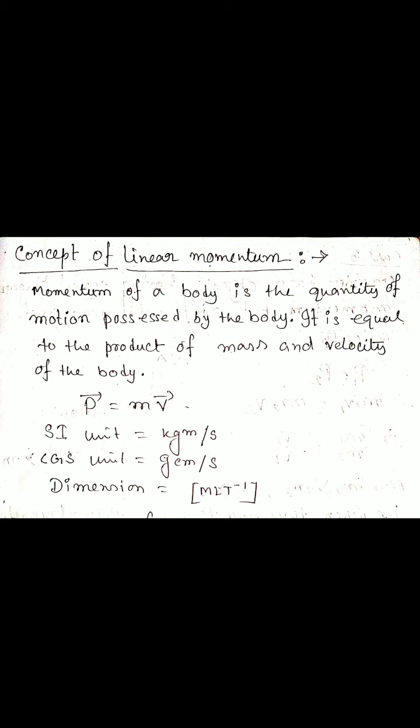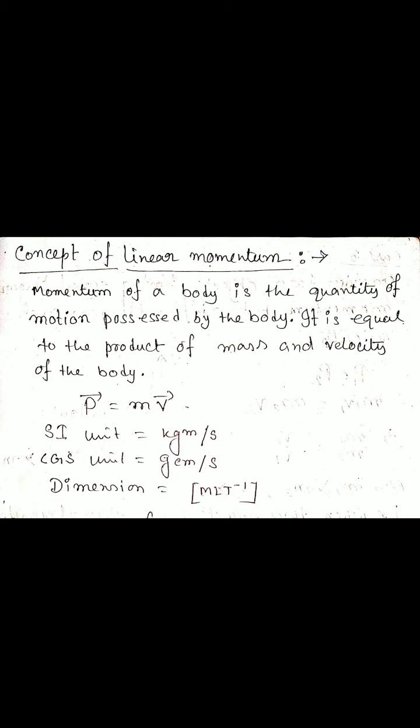So here we can see that the heavy stone and the small piece of stone, that means the mass of the stone will be different, but the height is the same. And because the height is the same, every stone applies the same force on the mirror. But because of the heavier mass of the heavy stone, the mirror will break. So we can say that here the small and the heavy stones have the same velocity when they fall on the mirror from the same height.